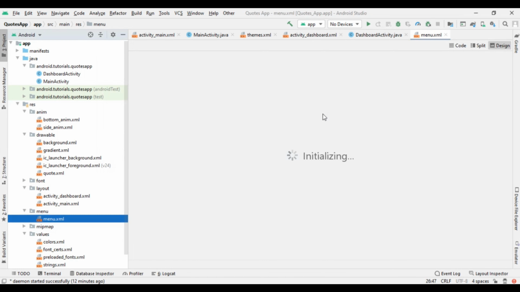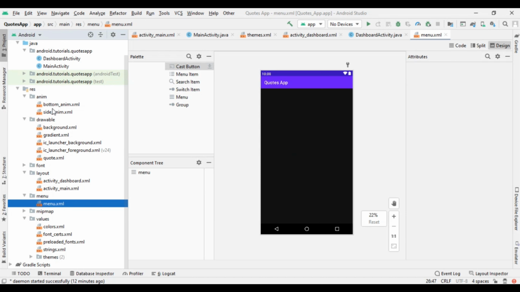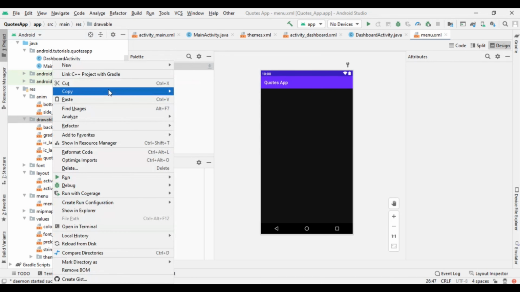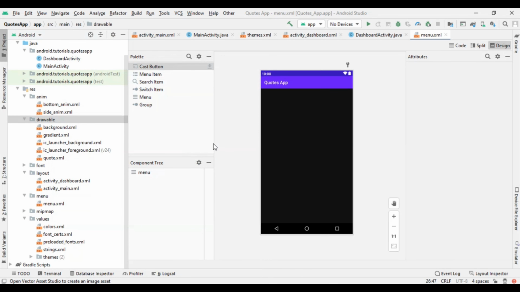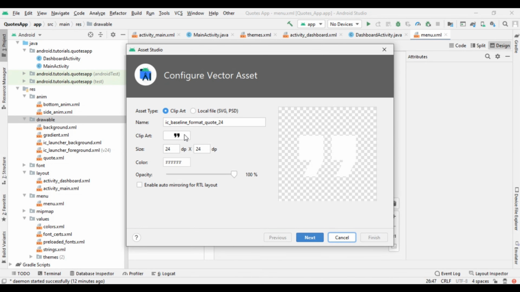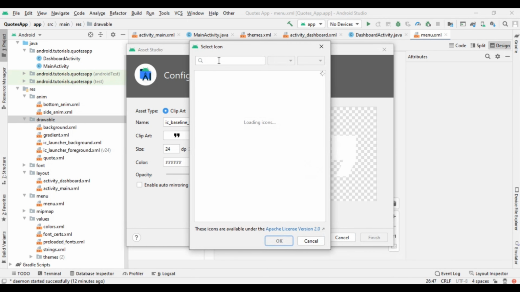After, you have to write the share and status button, but for that we have to implement vector assets. So vector assets. Here instead of quote we have to write favorite.